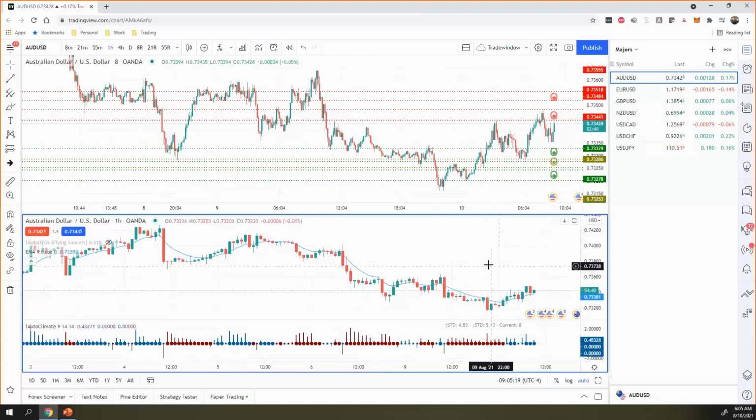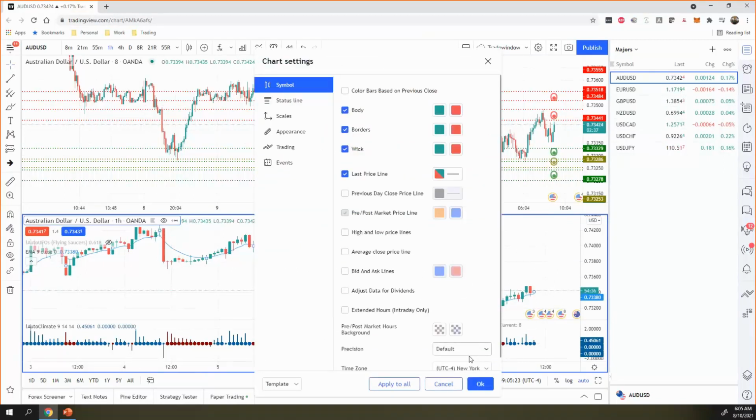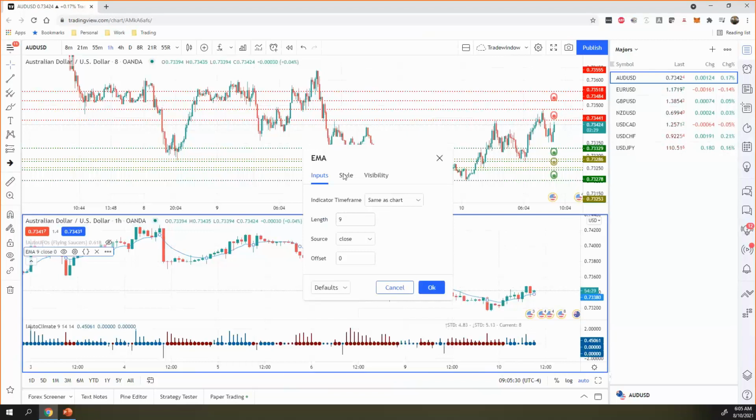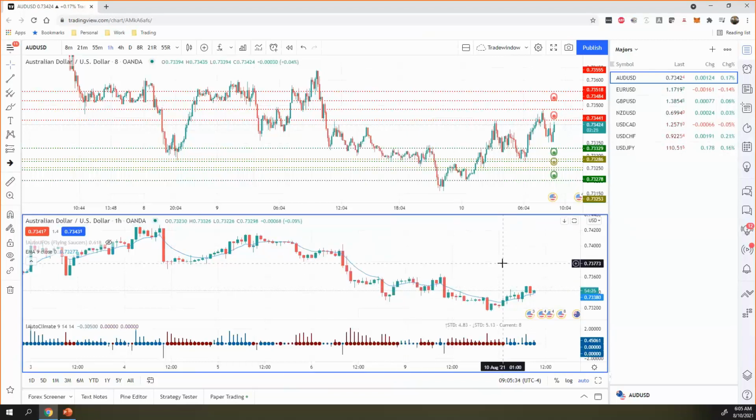Because, as I said, this is just a regular 9 exponential moving average. It's available on every single one of the platforms out there. That's something very easy to get on any chart. The auto climate is available on TradingView, TradeStation, and MetaTrader 5. I prefer to use TradingView, and I'm pretty sure a lot of people out there also prefer to